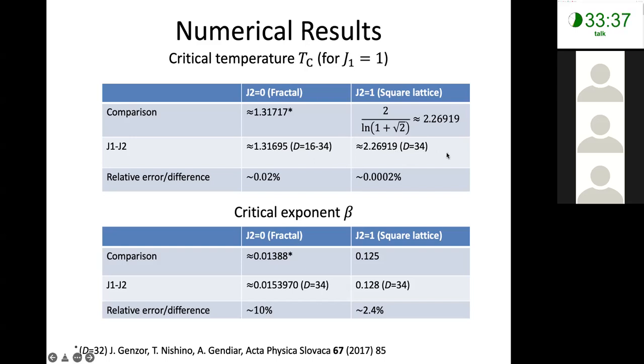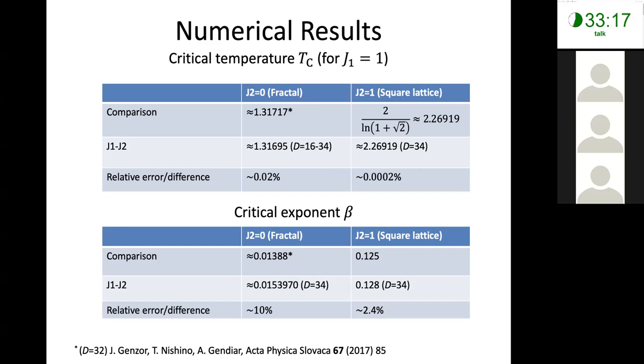For the square lattice case, when J2 is equal to 1, there is also very good agreement with the exact solution. Moving on to critical exponent beta, we see that our new results, again, are consistent